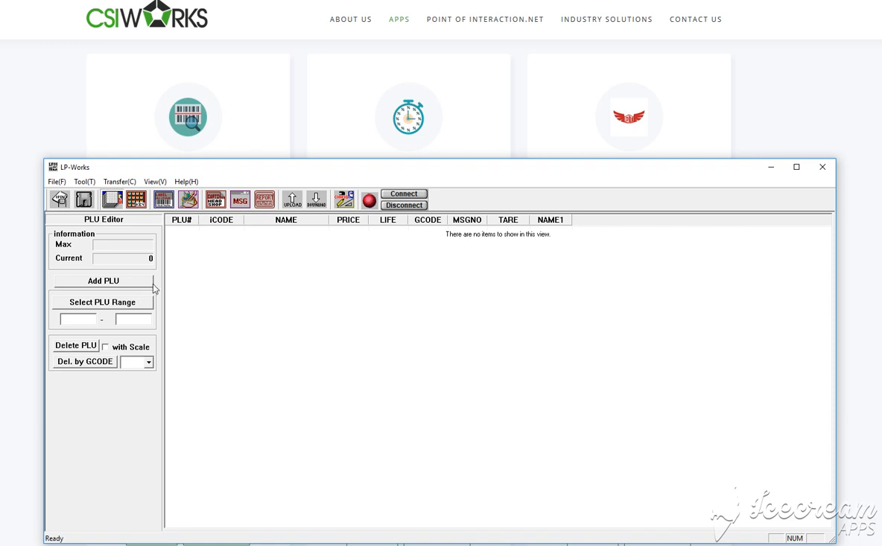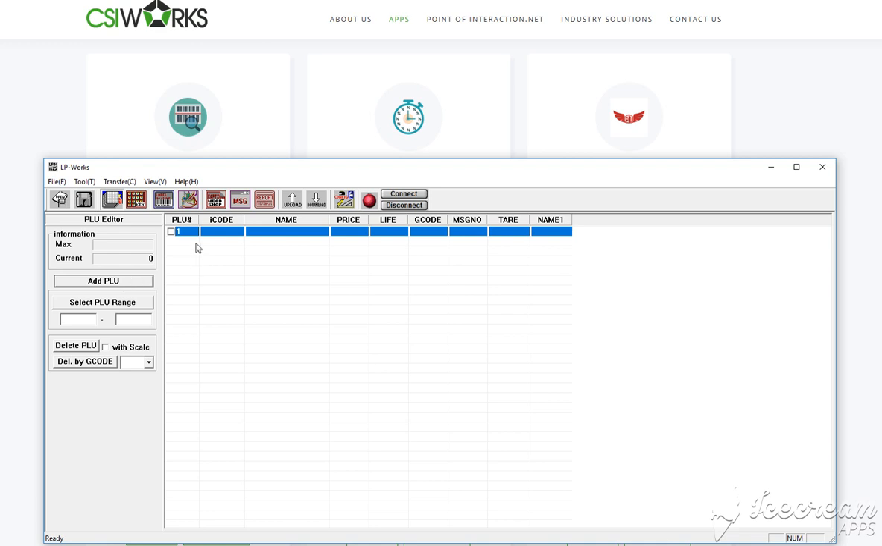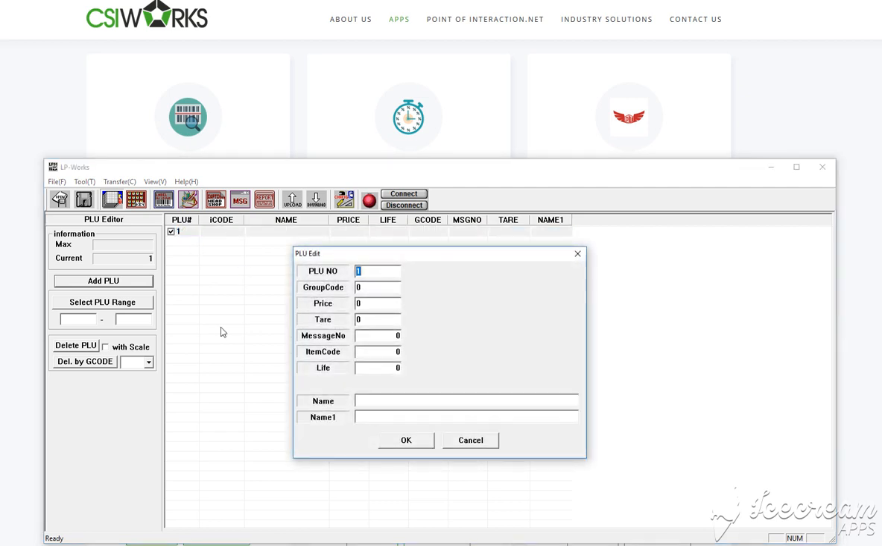So real quick, I'm going to use LPWorks to set up a few items on the scale, just to kind of show how everything works. So here, let's just grab one PLU, and I'm going to grab the information from the Excel file that we've received. So the PLU number,